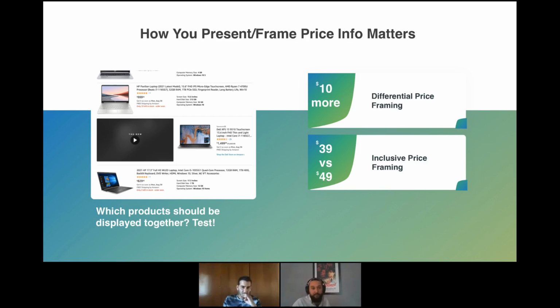For example, there's a technique called differential price framing. You have two products, and one of them is superior to the other. Instead of putting a direct price on the superior product, you just say $10 more, or $100 more, whatever. It shows the customer that it's not, say, $2,000, but just $100 more. So customers might be more inclined to buy the premium products because of this framing effect. The counterpart of this strategy is inclusive price framing,